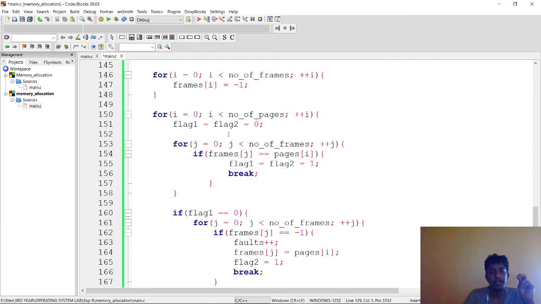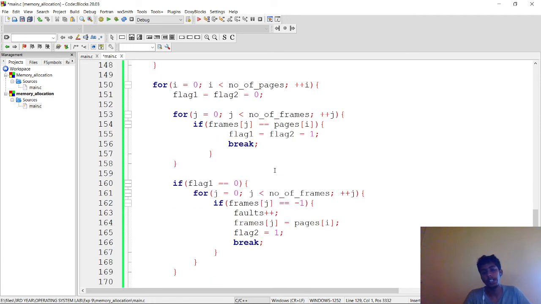Here we are making the frames -1. Now flag 1 and flag 2 equal 0 as before. If frame of j equals pages, flag 1 equals 0 and it will break. Otherwise, if flag 1 equals 1 and frame of j equals -1, then faults will be added, and frame equals pages.